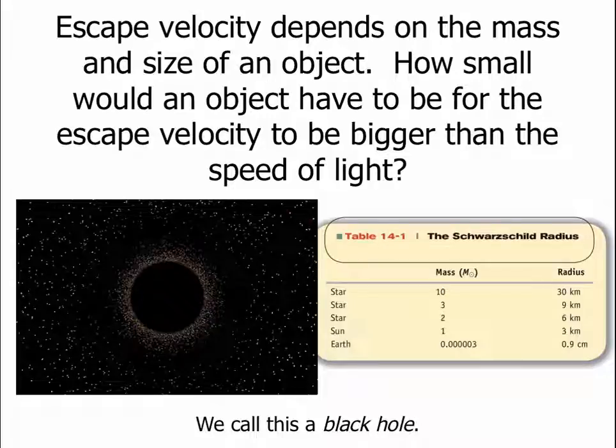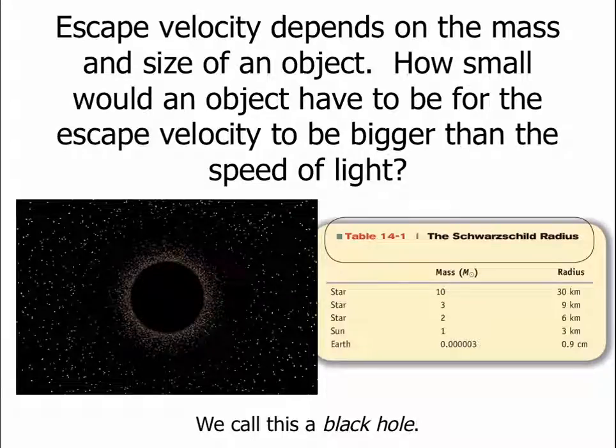Continue shrinking the sun, keeping it the same mass, smaller and smaller and smaller, and if we were to shrink the sun down so that all of its mass were in a ball only 3 kilometers in radius, so about 3 miles across, then the escape velocity of the sun would be the speed of light. In other words, since nothing can go faster than the speed of light, there would be nothing that could escape the sun, not even light itself could escape the sun and not be pulled back by gravity. So since nothing can escape an object like this, not even light, we would call it a black hole.